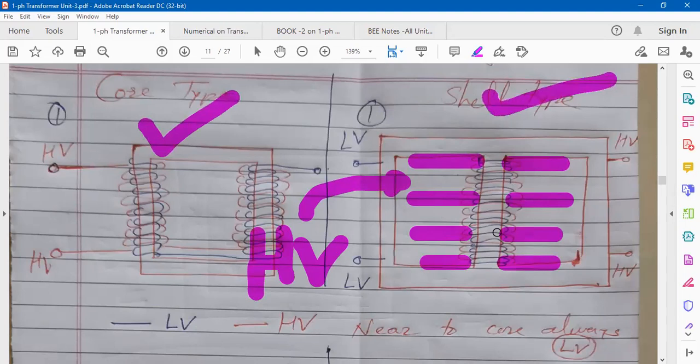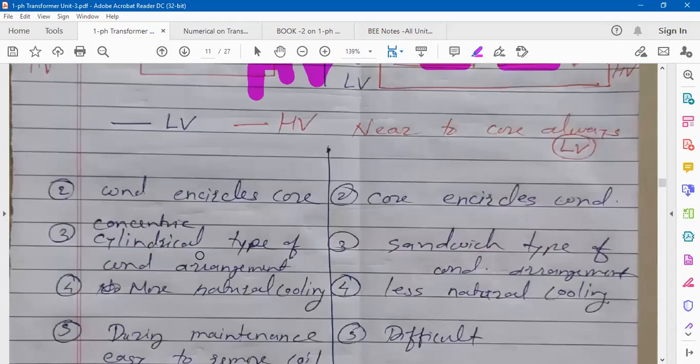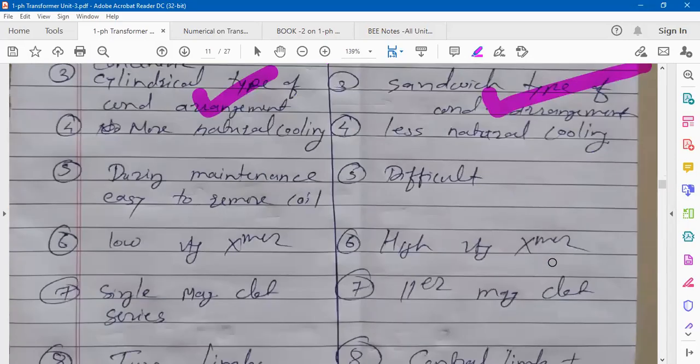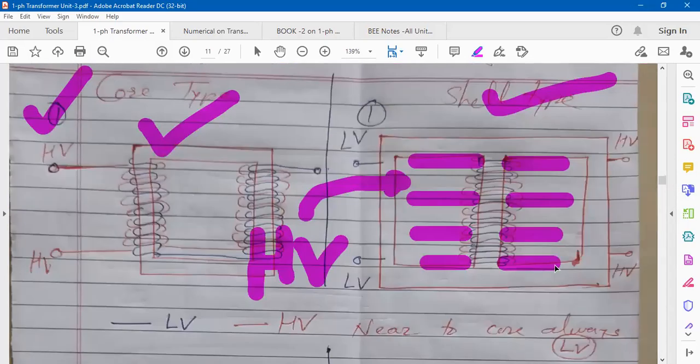Shell type is used for high voltage application. Core type is used for low voltage application. In core type, more natural cooling is there, and in shell type, less natural cooling is there. And whenever it's repairing or maintenance, it is easy to repair or maintain core type, easy to remove the windings here in core type compared to shell type. Okay, and one more thing is there,